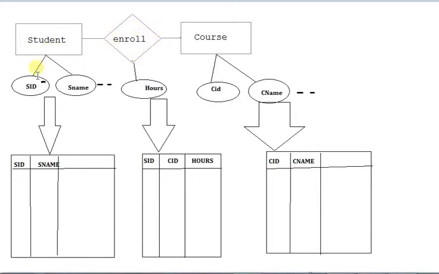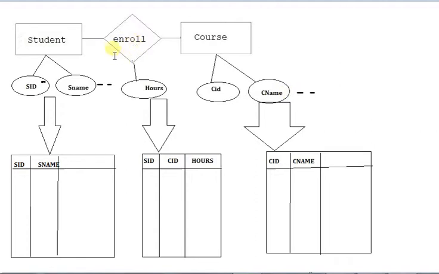The various attributes in the student entity set are, say, student ID and student name. Of course, there can be many other attributes. The attributes for the course entity set are course ID and course name.